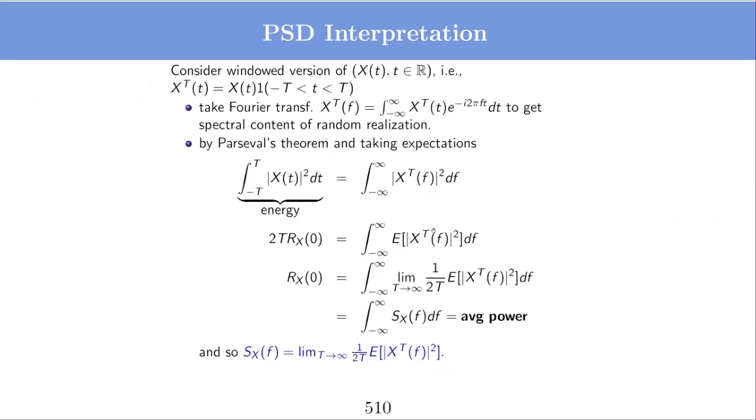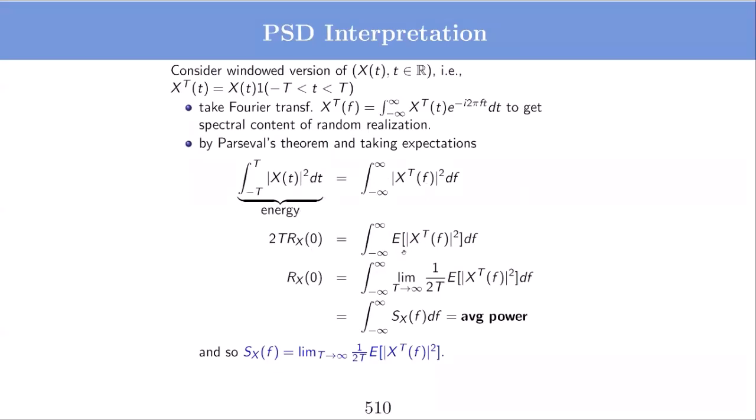And from Parseval's theorem, that is equal to the integration of |X_T(f)| square df from minus infinity to plus infinity. Okay, so it means either you integrate the Fourier transform over the frequency, or you integrate the signal power over time, you get the energy of the signal. So from this, now let's take the expectation on both sides. Expectation is a linear operator, so it can go inside. E of x(t) square is nothing but Rx(0), which is independent of t, so I can take it out. So this will just become 2T, so this term will become 2T Rx(0).